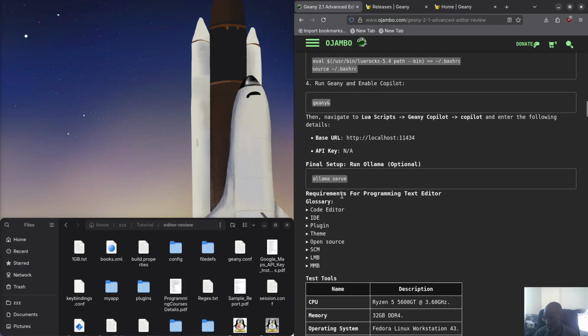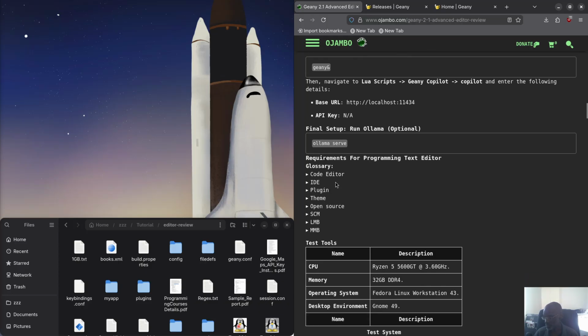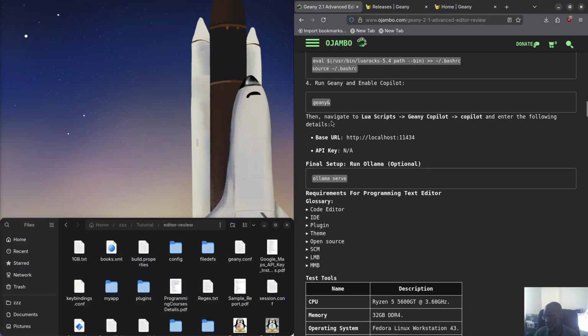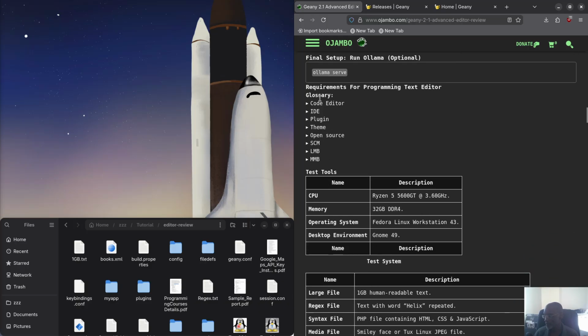So ollama serve, that's all you have to type. ollama serve to start the server, and that's it. You will then be able to request code assistance. I'll show you that as well inside Distrobox later. Okay, so